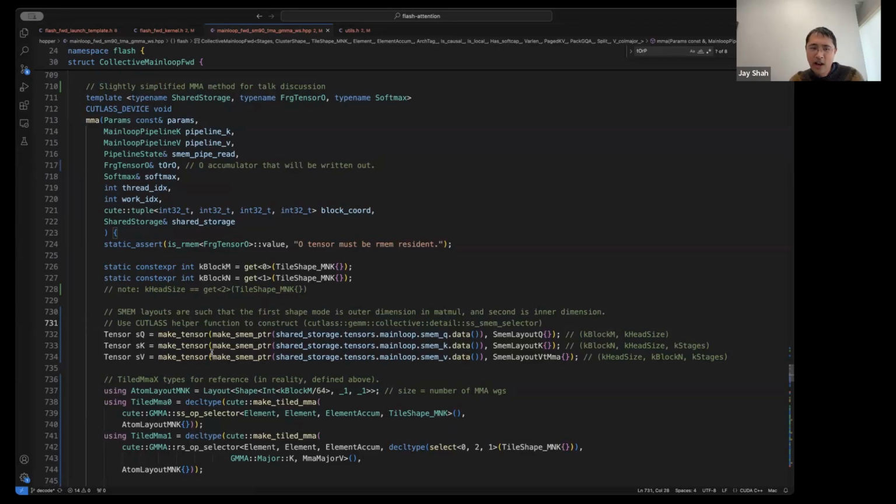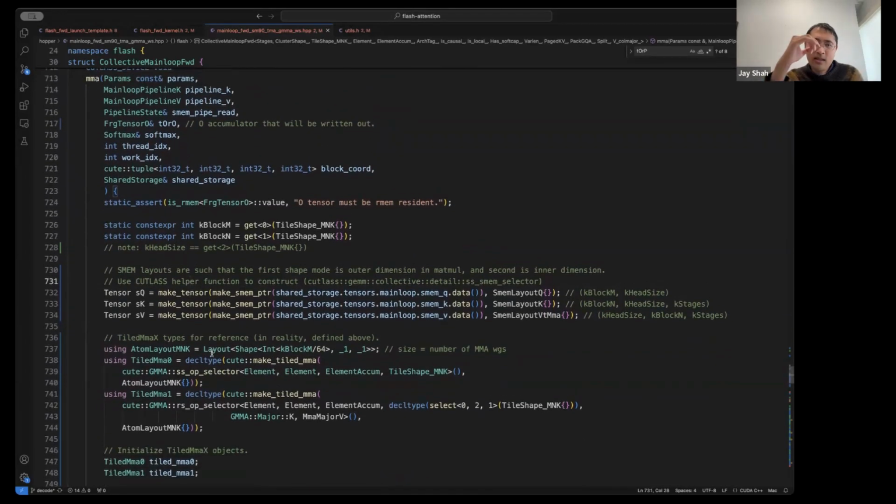The first thing is the following. In this method, I set up the views of shared memory. WGMMA sources its operands from shared memory, except possibly for the first operand. Let's remember in attention, what are the two gems? I have Q times K transpose and P times V. Q and K are loaded into shared memory.